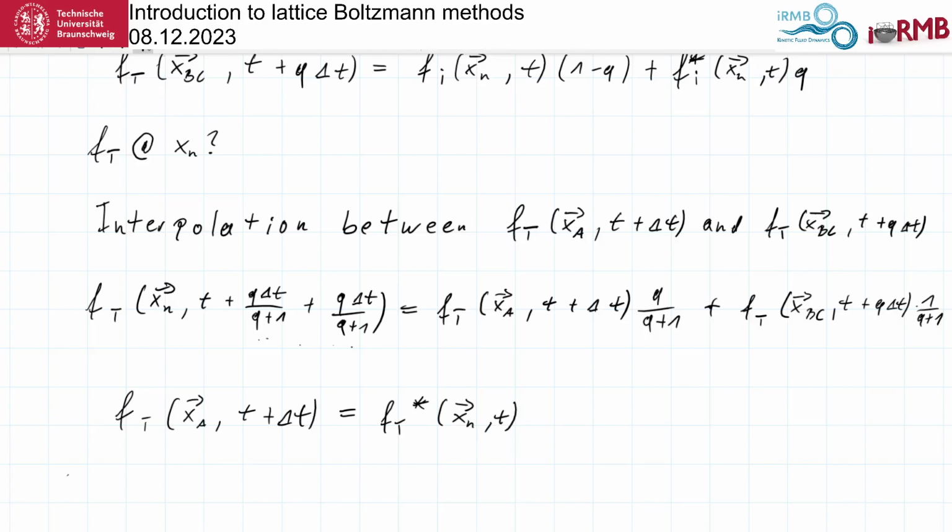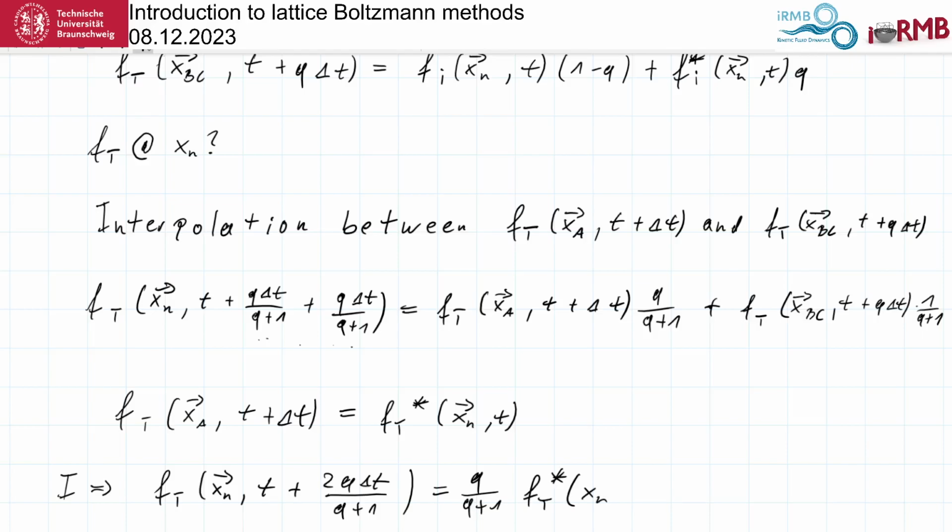And with this, we plug in our equation number 1 and we get fi minus at xn, t plus 2q delta t over q plus 1, is equal to q divided by q plus 1 times f minus i at xn, t, plus fi at xn, t times 1 minus q divided by q